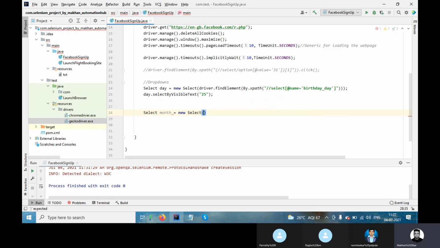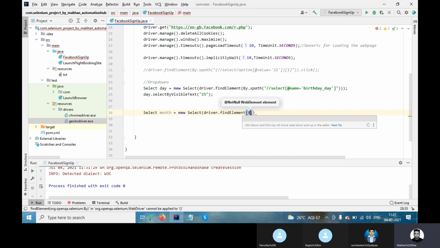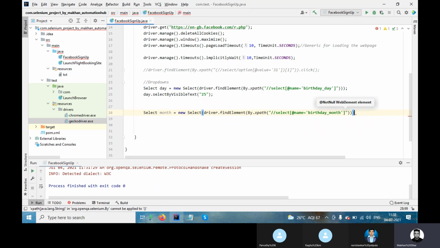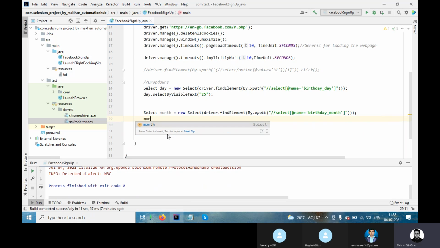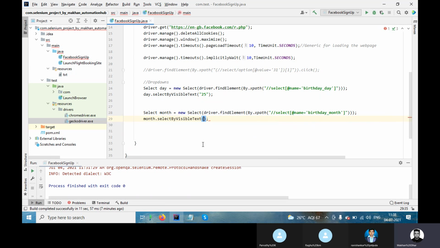Select, now just pass the locator: driver dot find element by dot, this is also XPath. Just paste and close the bracket. Now this is for month, dot select by text.